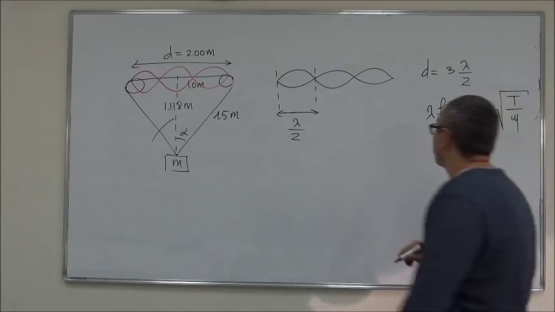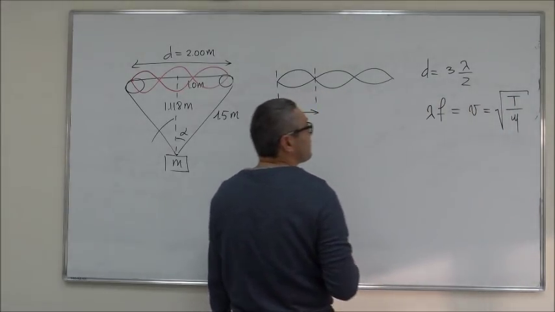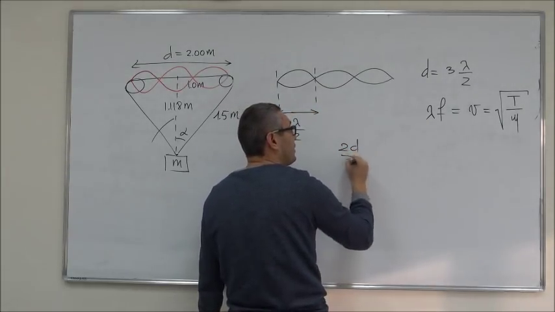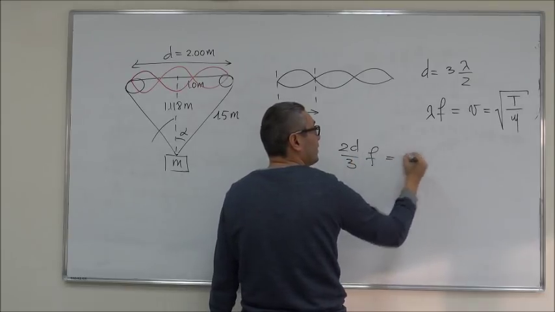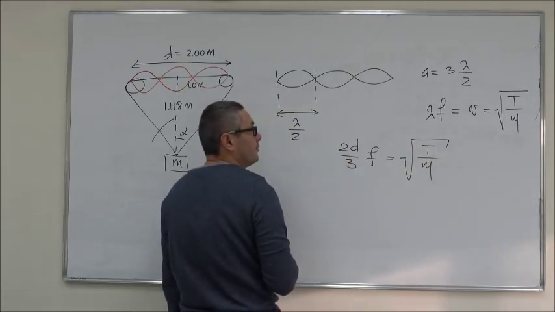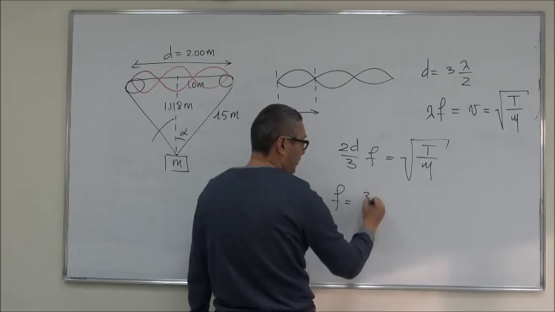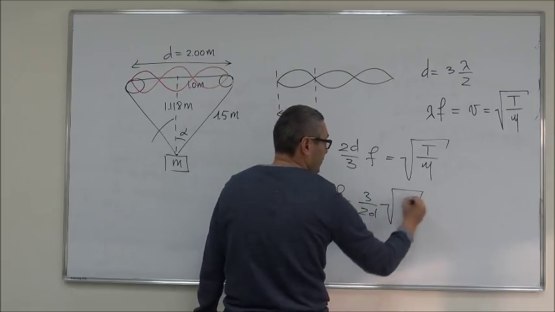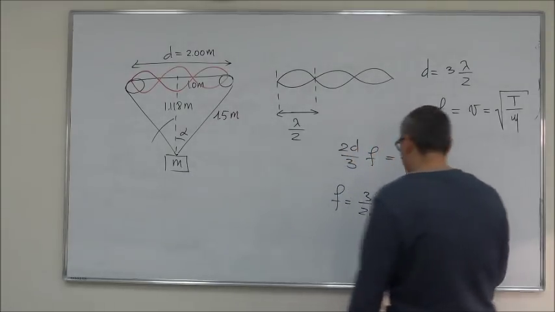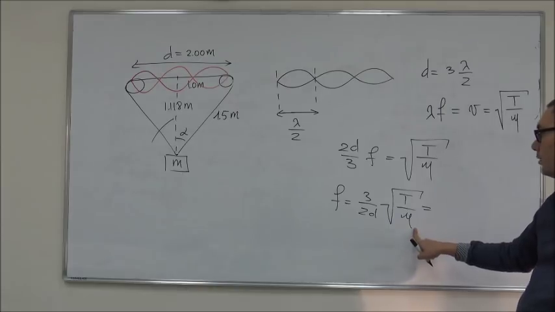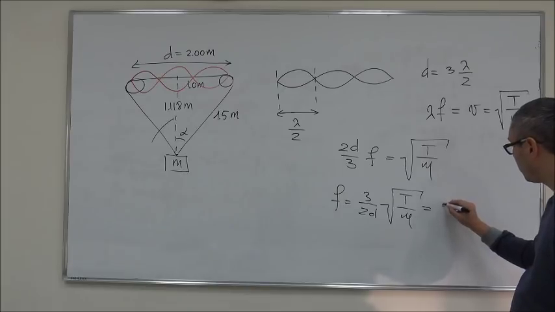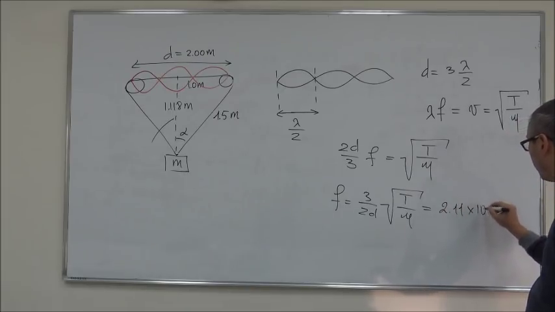Well, if you then substitute everything in, you can calculate for frequency. So first of all, lambda from this equation is simply 2d over 3 times f equals the square root of tension over mu. So frequency is equal to 3 over 2d times the square root of tension over mu. We know the value for tension from the previous part. We know the value for mu and d. So we can just calculate that. If you put the numbers in, you should get 2.11 times 10 to the power 2